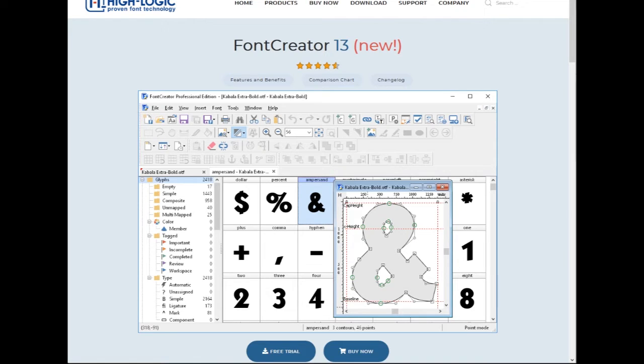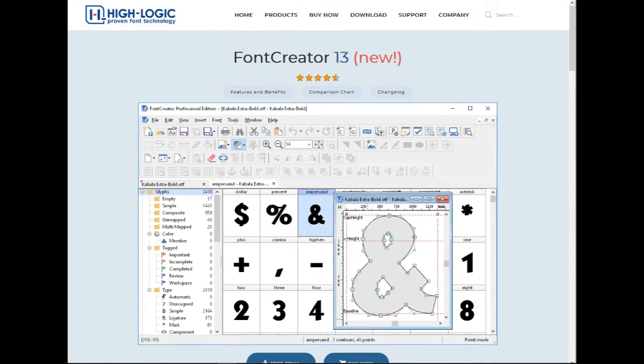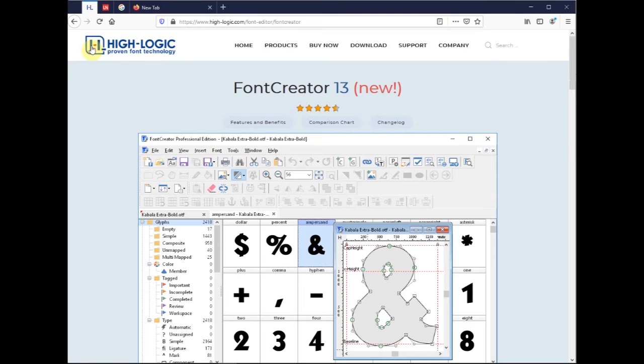Okay, so today we are going to learn the font creator software that's designed by High Logic Technologies. Alright, so